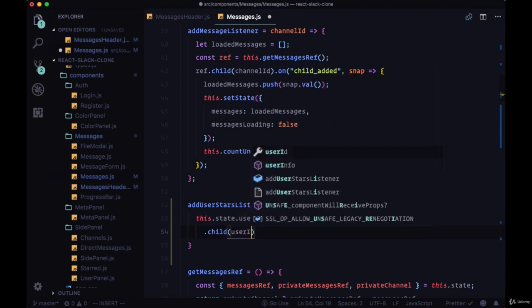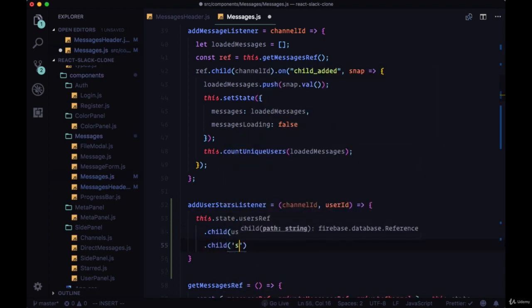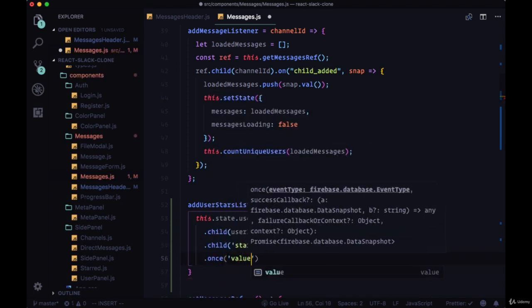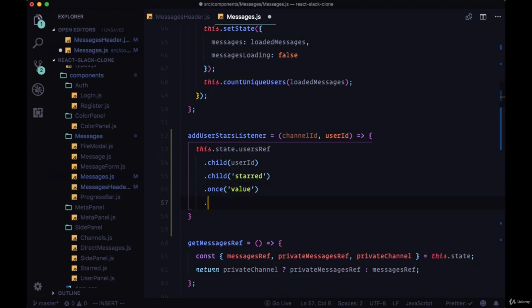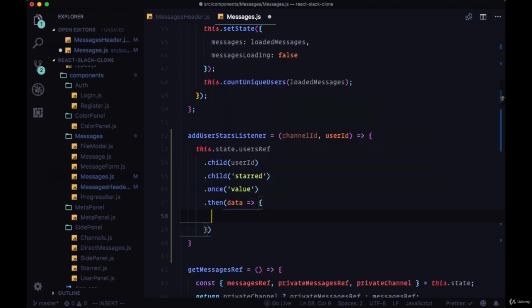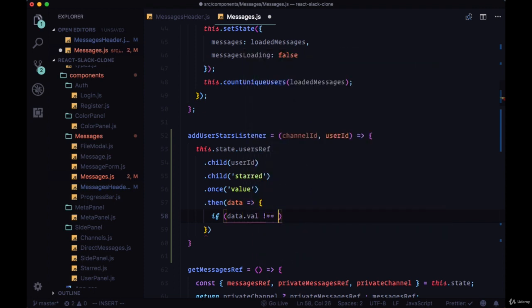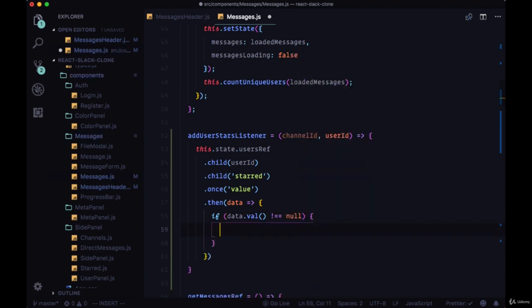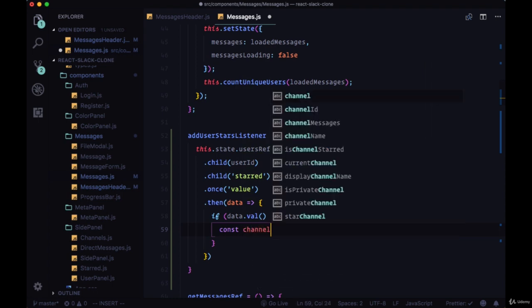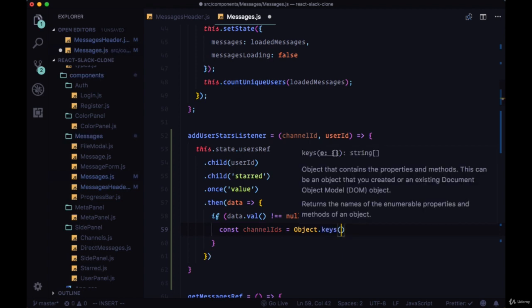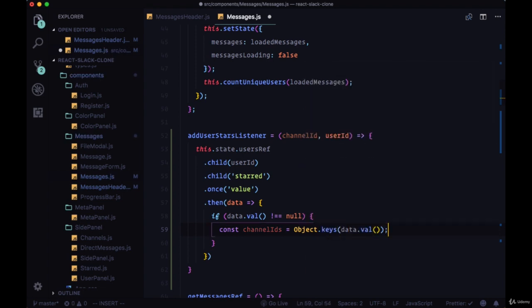So we'll take the users ref, we'll select a child based on the user ID and a child of starred to get the entire starred property. We want to use the once method to get its value, and then within the then statement we'll get the data and we'll make sure that data.val is not equal to null, so we have a value for the starred property, and we'll create a variable called channelIds. So we'll get all of the channel IDs that a given user has saved